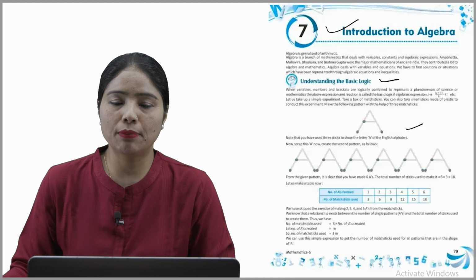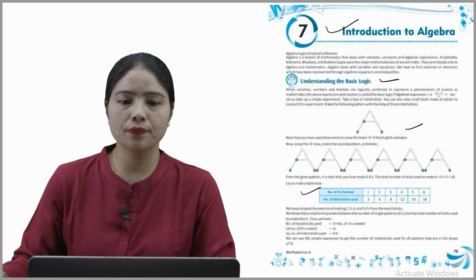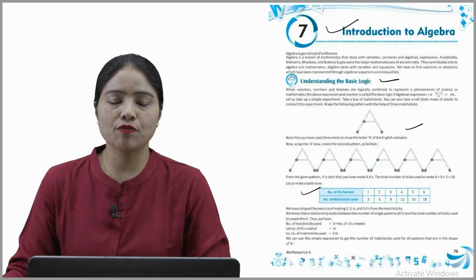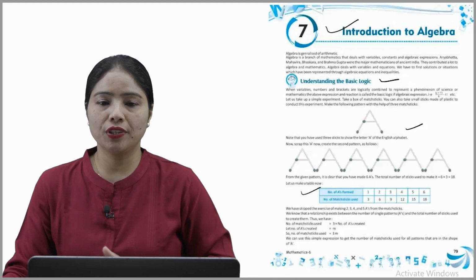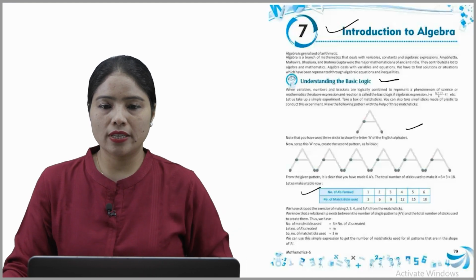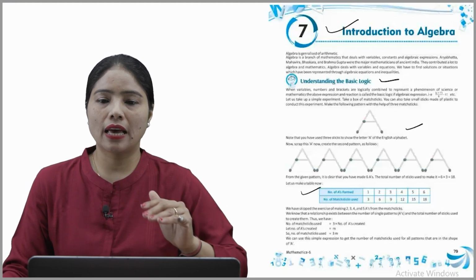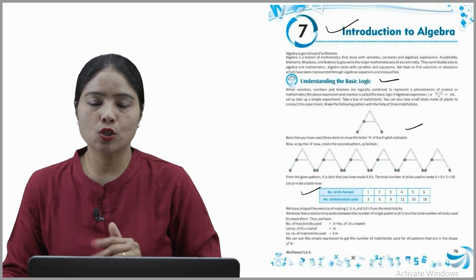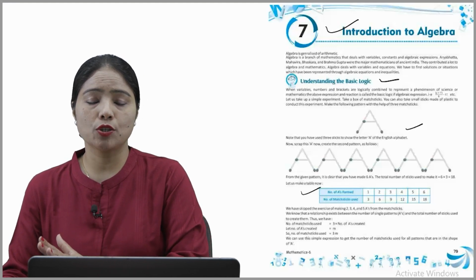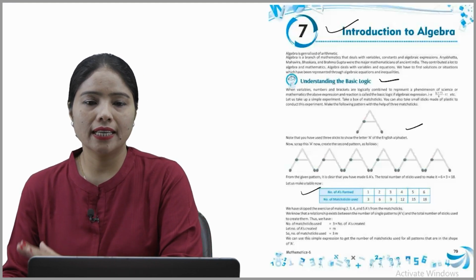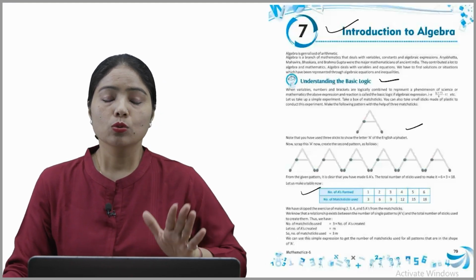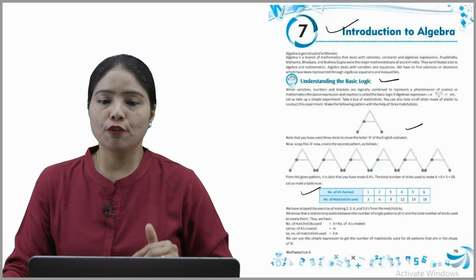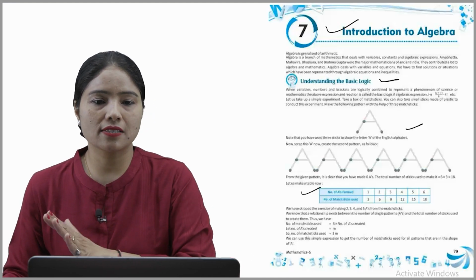Let's make a table now, like this one. Here is the number of A's formed. एक बनाने के लिए कितनी मैच स्टिक यूज हुई 3. 2A बनाने के लिए 6. 3A बनाने के लिए 9 and then 12. 5A बनाने के लिए 15 and 6A बनाने के लिए मैच स्टिक यूज हुई हमारी, yes, 18. So we have skipped the exercise of making 2, 3, 4 and 5 A's from the matchsticks.